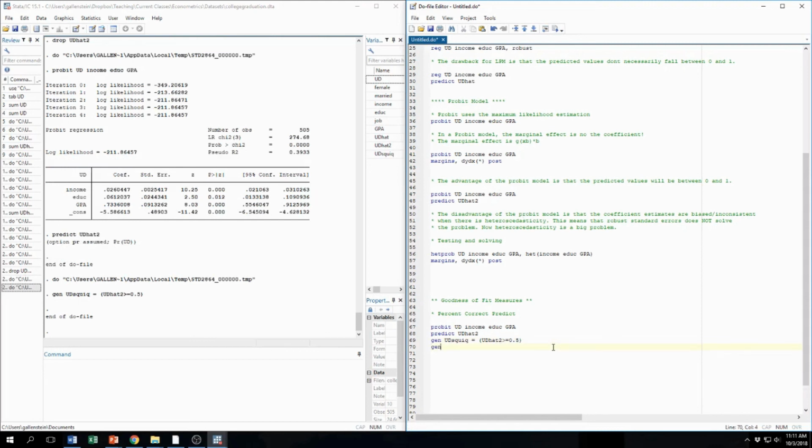I'm going to generate a variable and call it correct prediction. Long variable name. Let's do it a different way. It's going to equal 1 if y squiggle